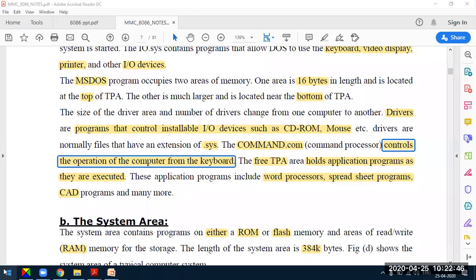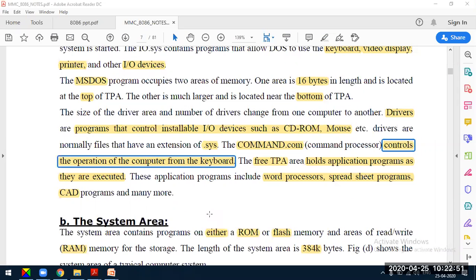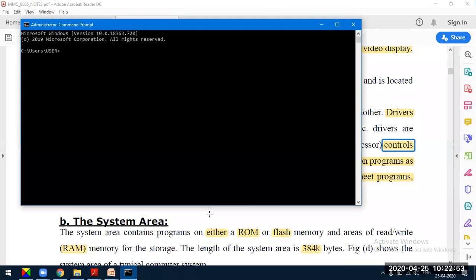I think you have seen this command prompt in the system. Command prompt is available in all versions of operating systems, like for example Windows, Linux, Apple or Mac systems. Okay, so this is what is known as command prompt.